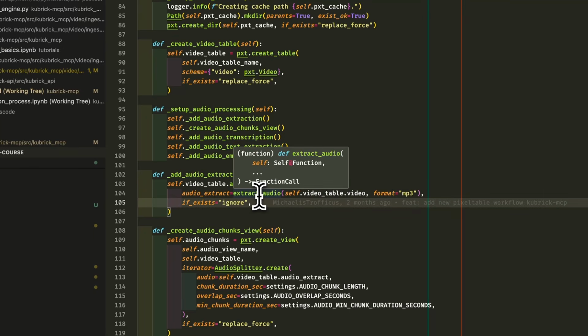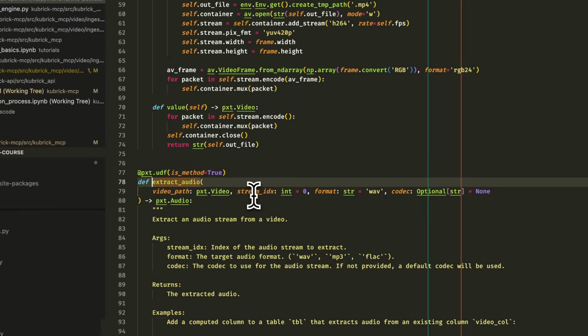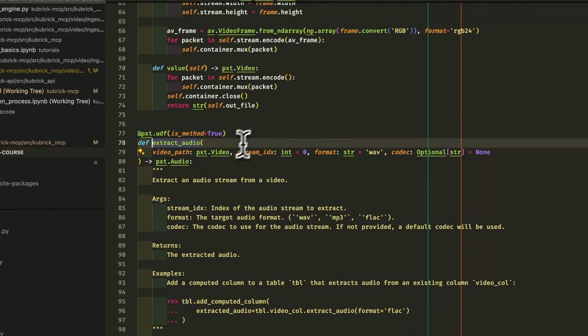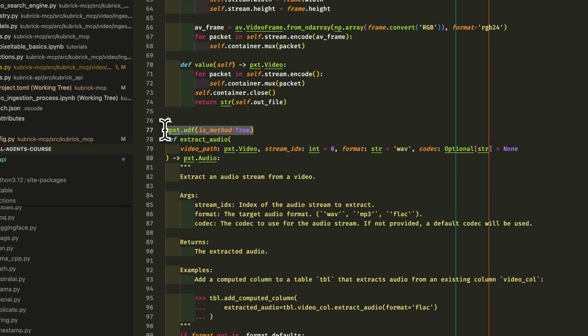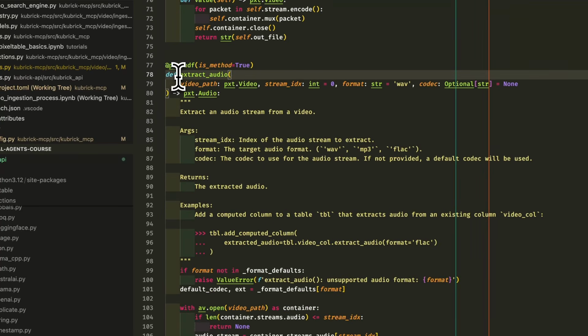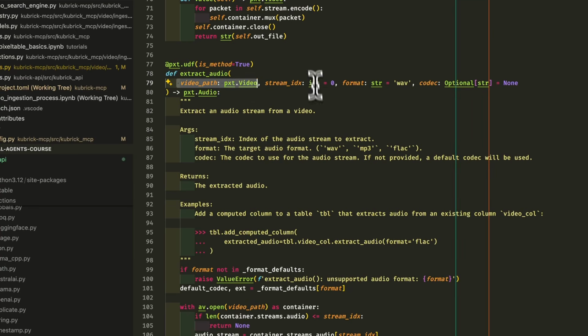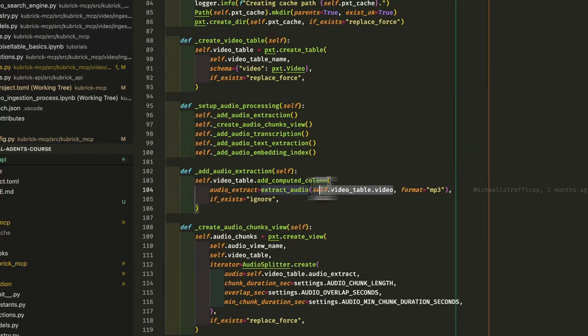So we could see the implementation for this extract audio. Here we see the decorator UDF. Each method that you want to add as a computed column has to be decorated as a user-defined function. And this one takes a video path as input, which is exactly what we passed in here,